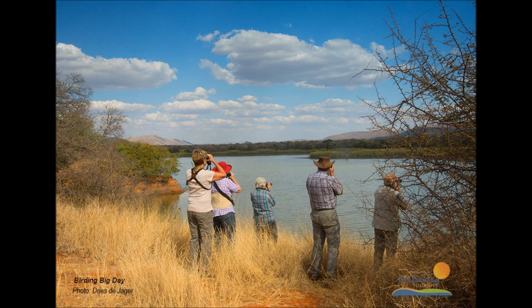Well, BirdLife South Africa organises an annual national event called Birding Big Day, and it involves thousands of birders across the country. It's held in November, usually on the last Saturday of the month, and teams of birders go out into designated areas to see how many birds they can see in the 24-hour period from midnight to midnight. The teams are confined to an area of 50-kilometre radius around a fixed point, and we've entered a team Waterberg